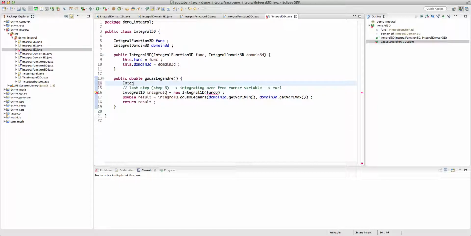And then we know that integral function 1d func q equals var1 to something, right? And that something comes from a new integral 1d of some function func, basically we can do this, or we can